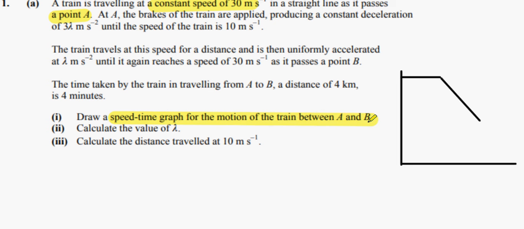A and B. Doesn't want it. It wants it to start at A. What happens at A? Starts to decelerate immediately, doesn't it? Some just carried it forward and then brought it down, right? So technically that's an error. It'd be whether the examiner is feeling happy with you or not. Okay? So technically you should be starting like this. Okay with that? So it decelerates from 30, which is up here, and it goes all the way down to